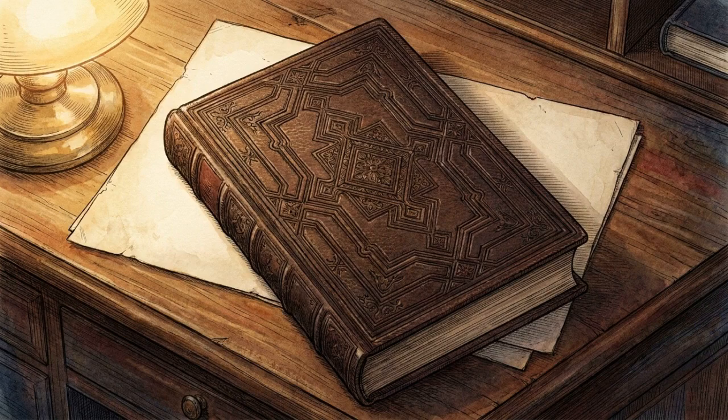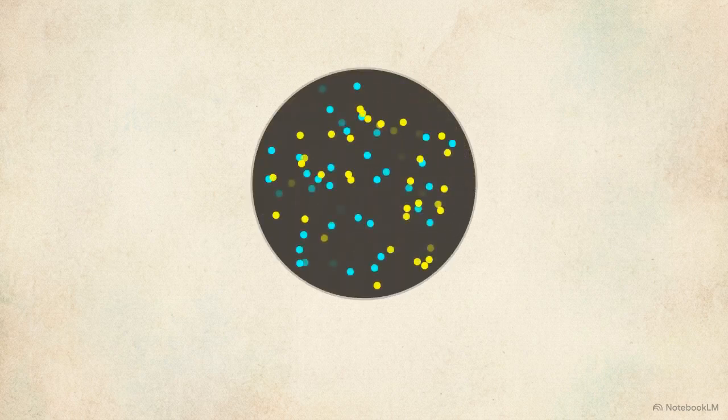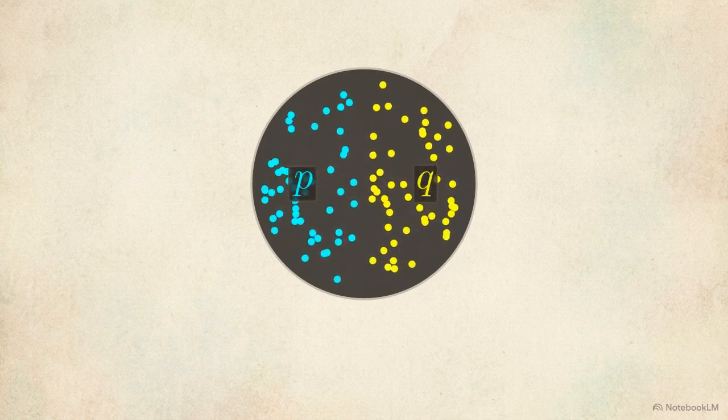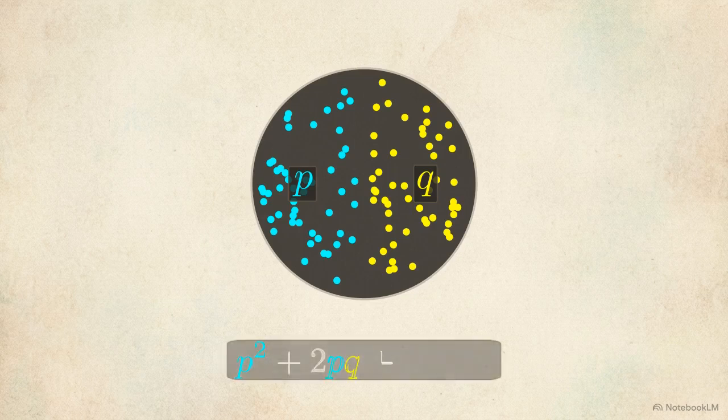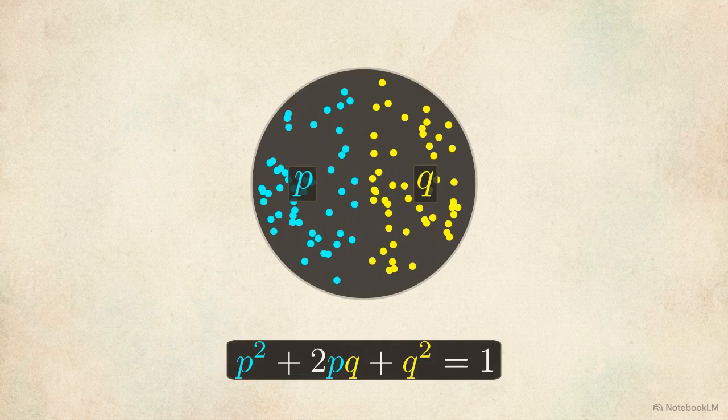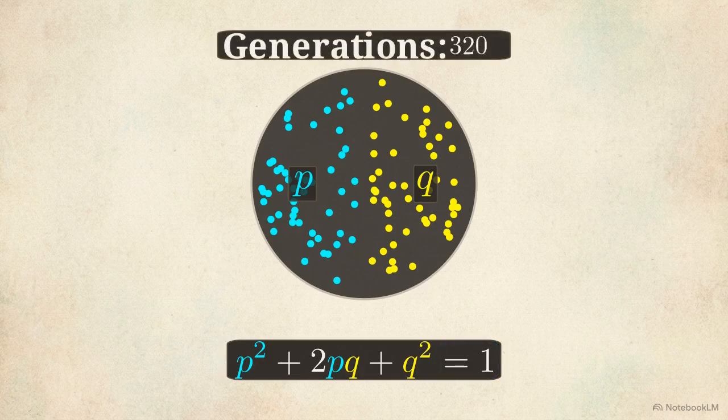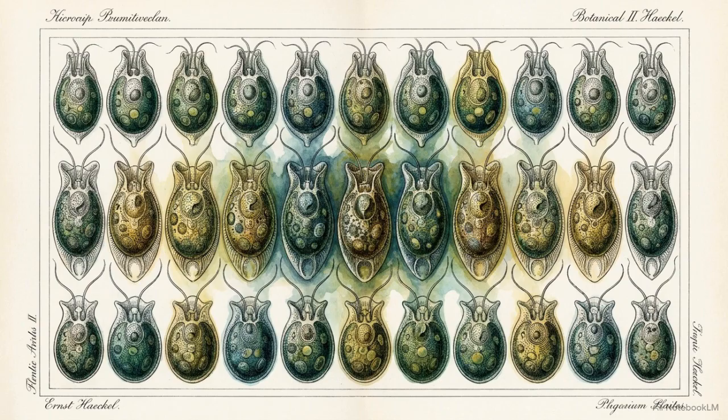In population genetics, the theoretical baseline for how genes behave is called the Hardy-Weinberg principle. We can look at this through a standard mathematical model. If you track the specific variations of a gene, called alleles, within a closed population, we assign them variables, p and q. The Hardy-Weinberg equation, p squared plus 2pq plus q squared equals 1, shows exactly how these alleles are distributed. Without outside interference, this sum always equals 1. Generation after generation, these ratios remain entirely fixed. This is known as genetic equilibrium.